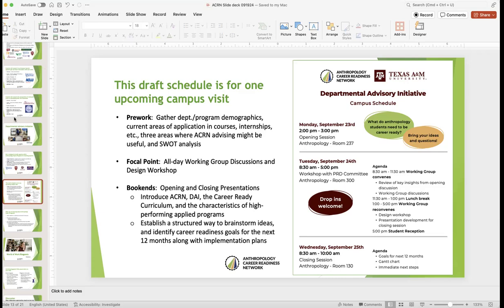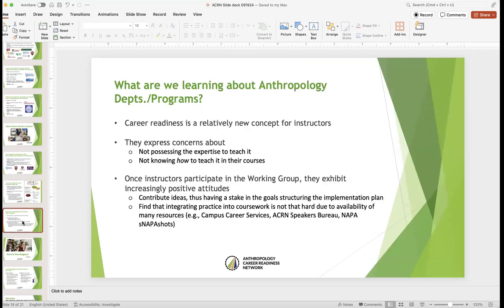Go to the next slide, because what I want to talk a little bit about is what we are learning from this. This is the fascinating part to me. The learning is amazing. I made a few notes. Let me just get my glasses on here. The first thing is that this career readiness thing is fascinating for most instructors, but they're a little bit scared